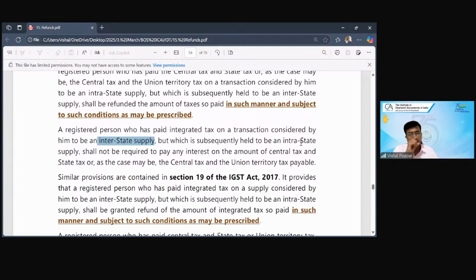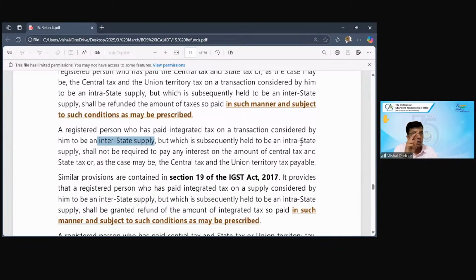Now, in such a case, Section 77 of CGST and Section 19 of IGST say, in subsection 1, that you have to pay the right tax and take the refund of the wrong tax paid. So here, as a supplier, even though I have passed on the tax burden to the buyer, I will still pay the right tax and take the refund of the wrong tax paid by me. Now, two points of consideration over here. Point 1,